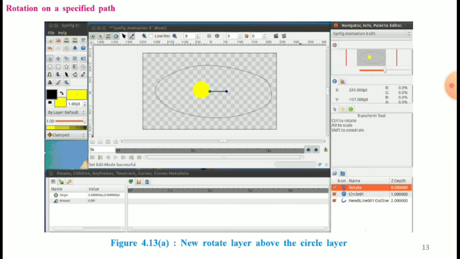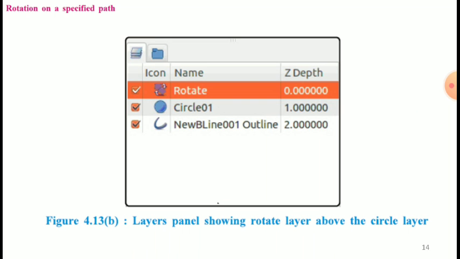That is figure 4.13a, new rotate layer above the circle layer, and figure 4.13b, layer panel showing the rotate layer above the circle layer. So the first layer is the Bline, the second layer is the circle, and the third layer is the rotate.